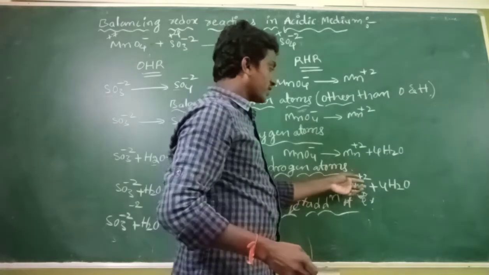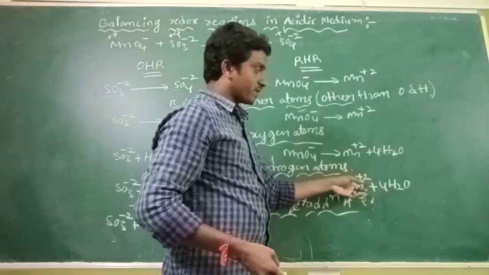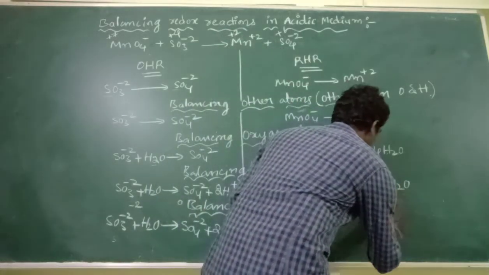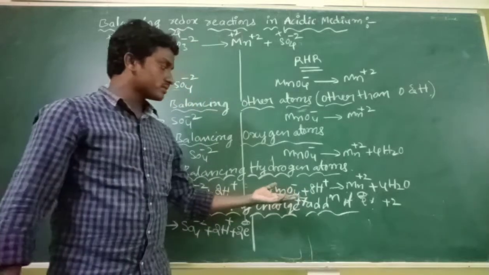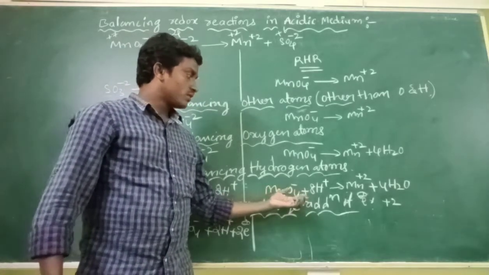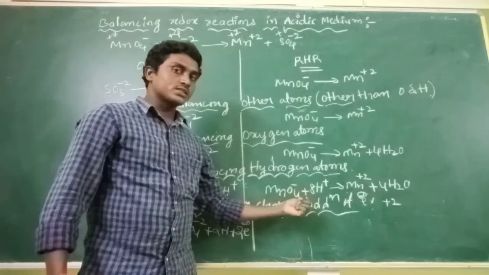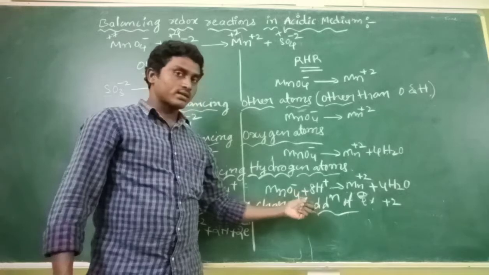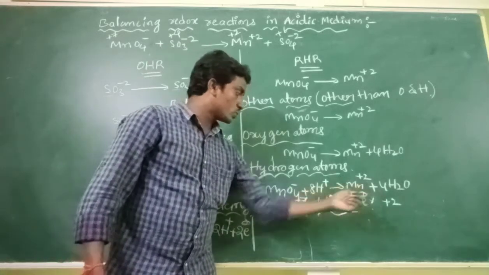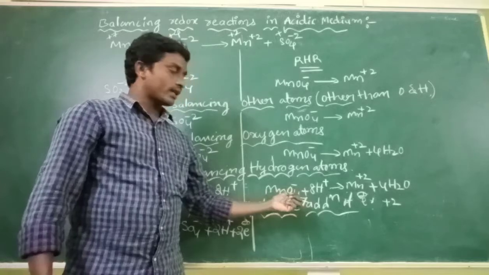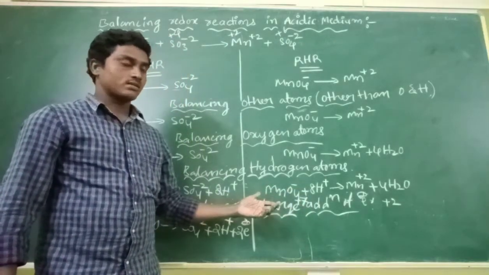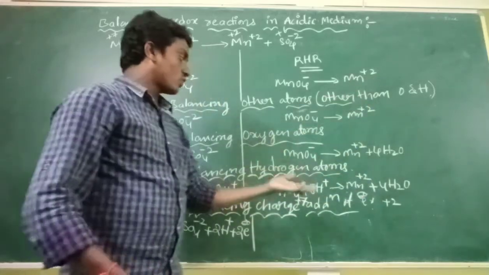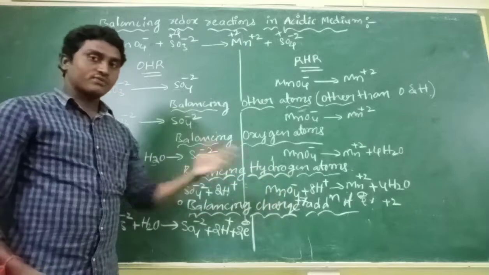Plus 7. On the right side of the reaction, only a plus 2 charge is present. For the water molecule there is no charge. So on the left side it is plus 7, on the right side plus 2, which means a difference of charge of 5. The plus charge is more, so the electron deficiency is more. The left side is 5 electrons deficient compared to the right side of the reaction. So we have to add 5 electrons to the left side of the reaction.